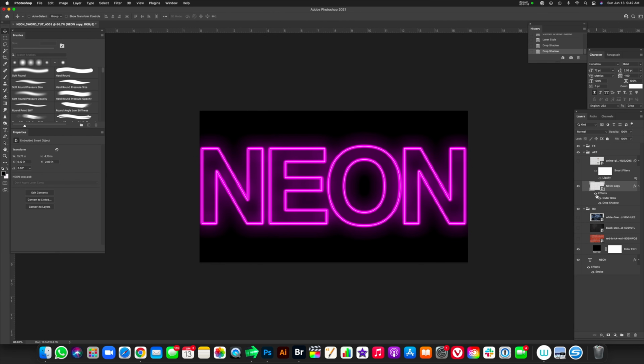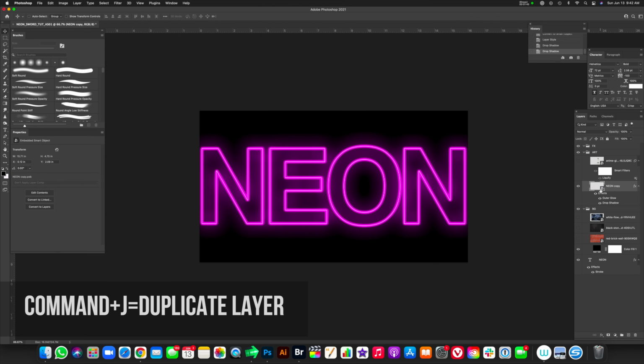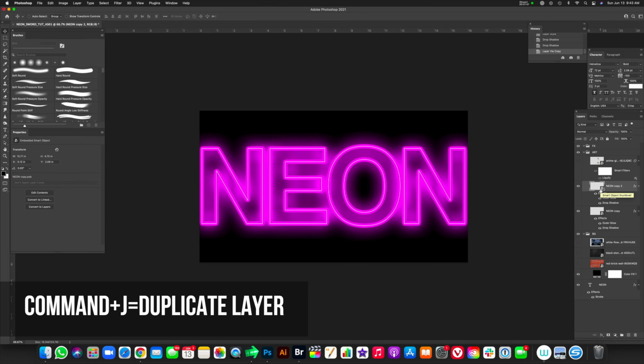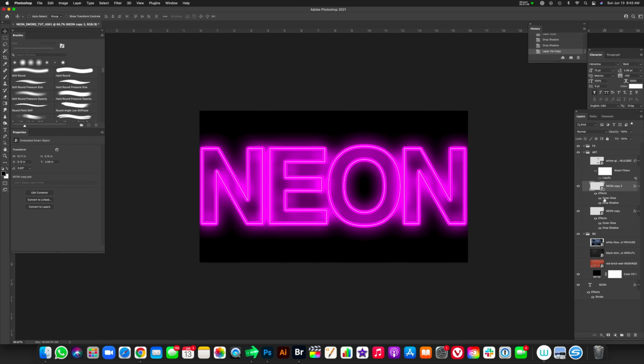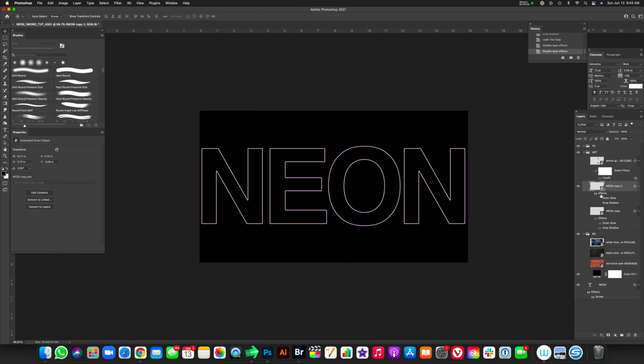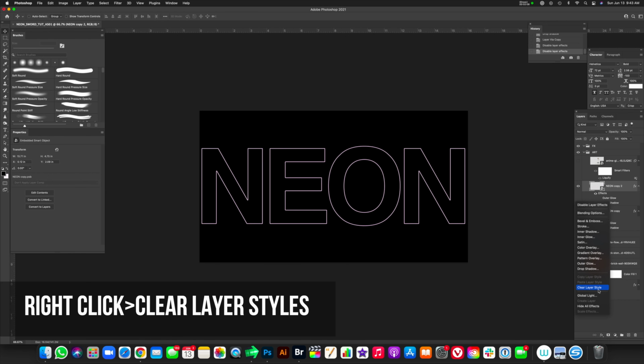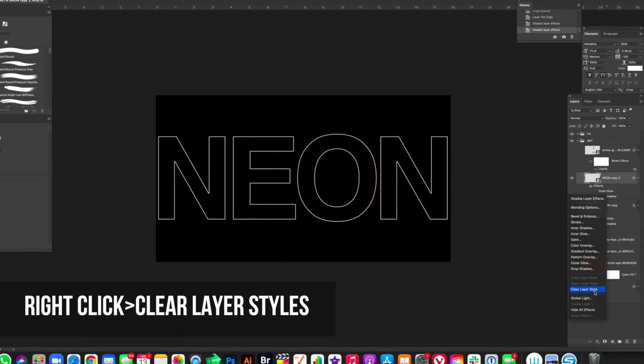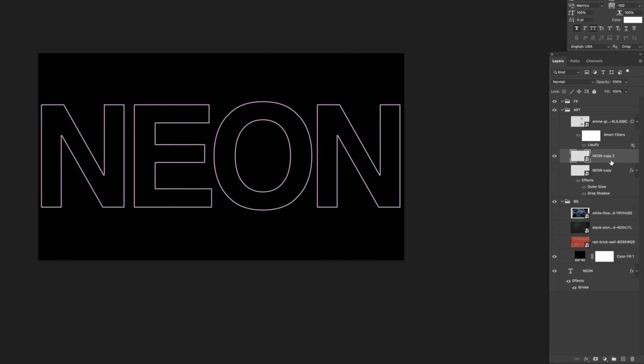And from here, actually, this is a step we could have done before, but we'll do it now. We're going to create a duplicate by hitting Command J. So we have a copied layer, but we're going to turn these effects off, and you'll see why. So I'm just turning that off, turning that off. I just want this outline in white. And from here, let's just get rid of these layer styles by clearing layer styles. I've right-clicked on that layer, clear layer styles, and then I'm just going to turn this